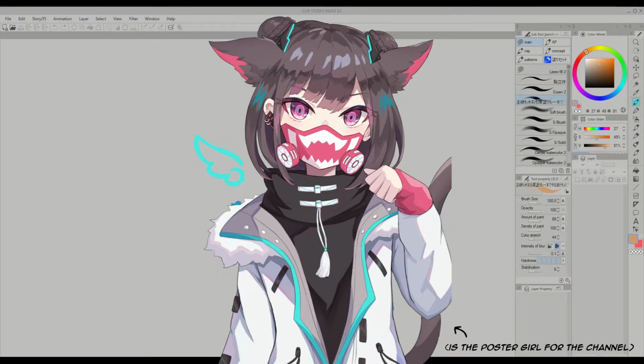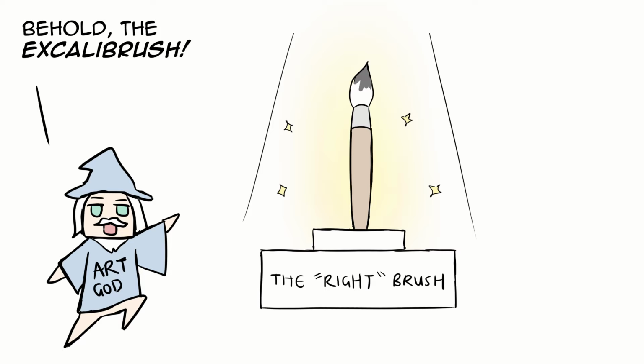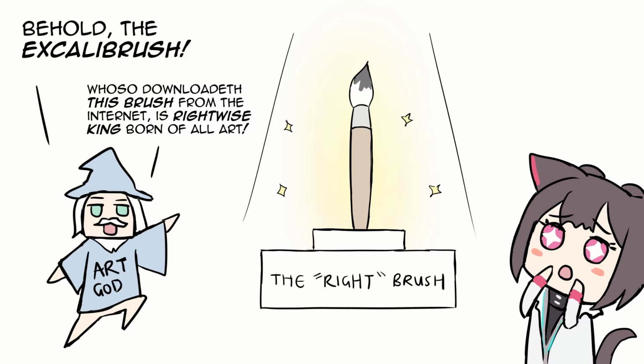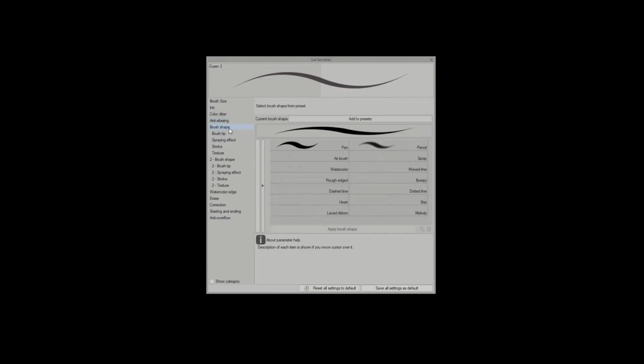It's Ori here. So when I was first starting out, I remember the question of which brush to use was always on my mind. There was a lot of conflicting advice on if brushes matter, and trying to find the right brush was overwhelming because of just how many there are out there. Making my own was also really hard because I didn't really know which settings would work best for me.